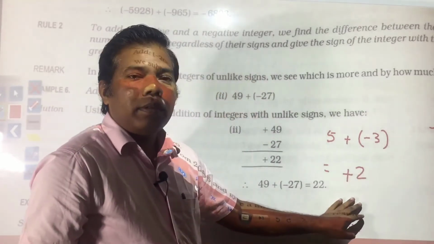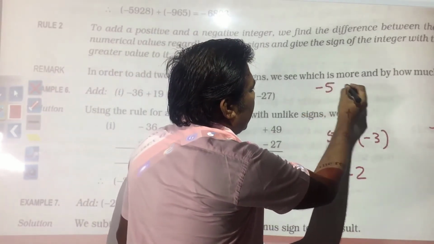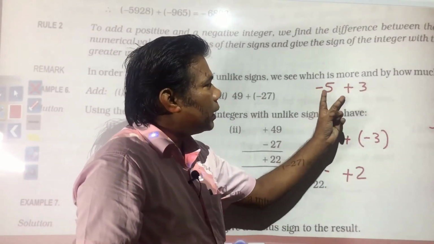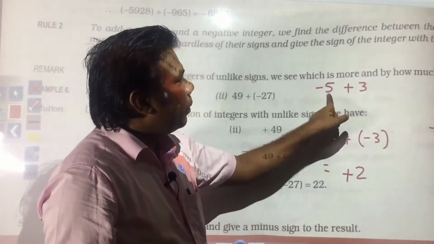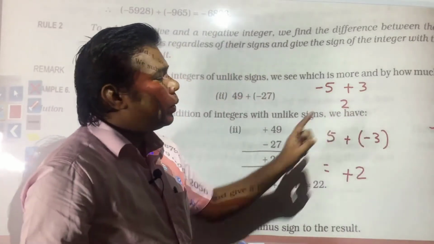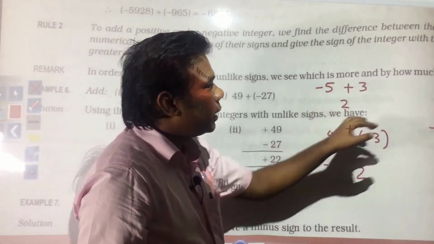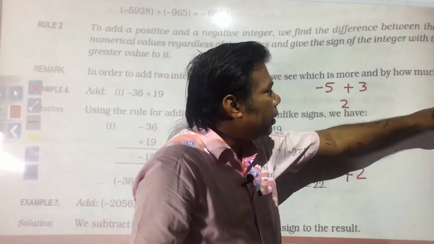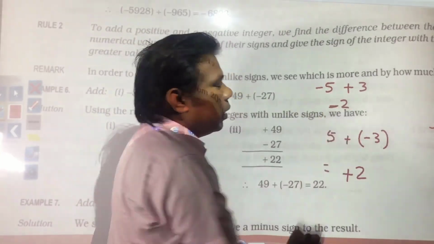and that is why your answer will be positive. If you have the same question in this way, suppose minus 5 and plus 3, the same thing is required to be done. If opposite signs are there, the smaller number is required to be subtracted from the bigger number, and if you are subtracting regardless of their sign, you will get 2. Now, you need to see which sign is required to be put, negative or positive. In this case, again we will see regardless of their sign, which is having the greater value. 5 is having greater value, and that is with negative sign, and that is why your answer would be negative.